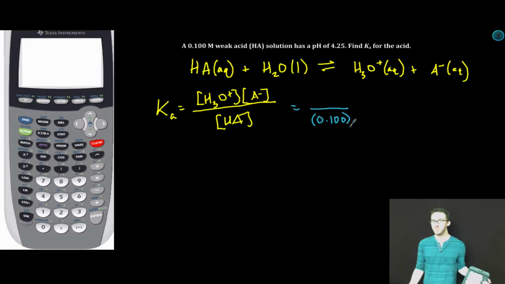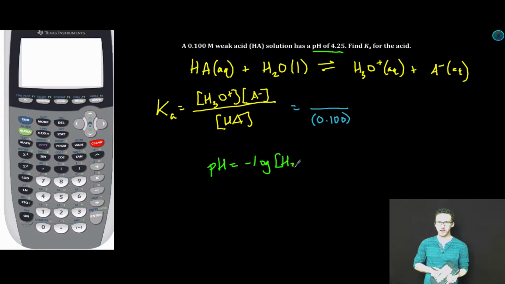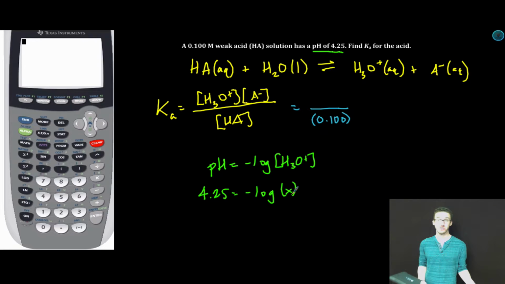0.100 molar. But how do I determine the concentration of the hydronium ion and the concentration of the conjugate base A-? Well, the only other thing I'm given in the problem is the pH of the weak acid solution to be 4.25. And I know from my formula chart that pH is equal to the negative log of the hydronium ion concentration, which is what I need. So if pH is 4.25, all I have to do is solve for x and I've got my hydronium ion